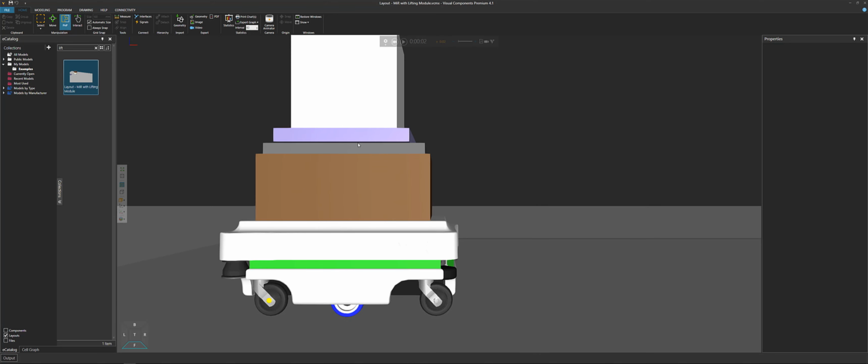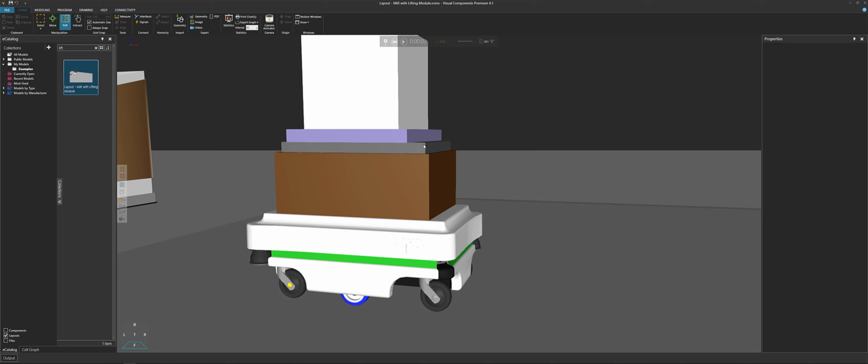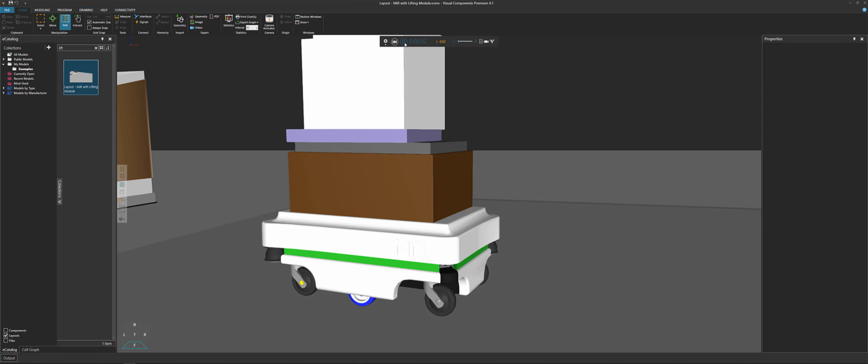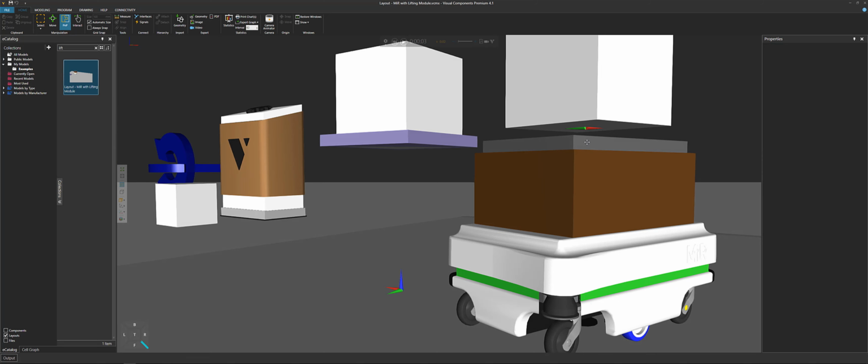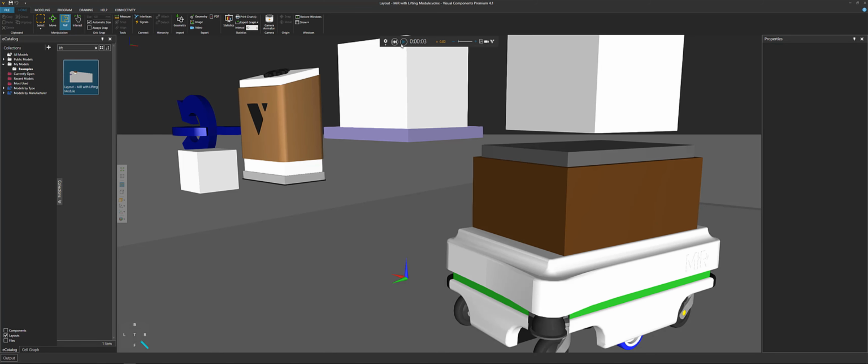The part itself is not on top of this lifting section that we want for a robot. So you can imagine this is the bars, or whatever you want to call them, that are actually lifting the part up and lowering it down. So you can see it's floating right now, but it is at the pattern location. So in order to fix this issue, what we're going to do